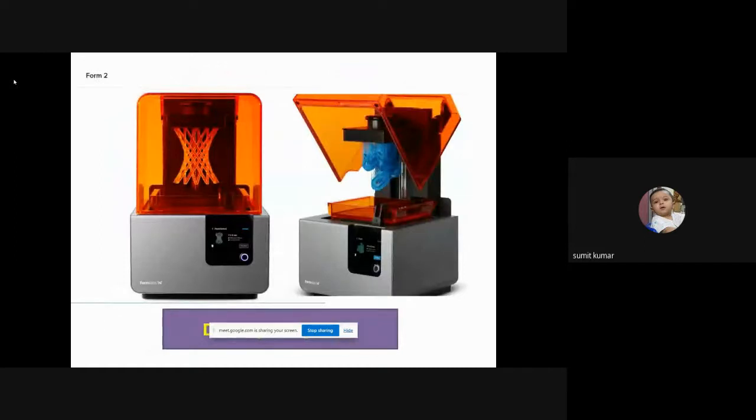So this is the SLA printer. First, we will be discussing the SLA printer. It is a stereolithographic printer. It prints by hardening the resin by application of a laser beam. As this photograph shows, the printer has a build platform and a resin tank. The unit below is the light processing unit, where the laser beams are focused as per the design. The build platform moves down into the tank and the resin is hardened.